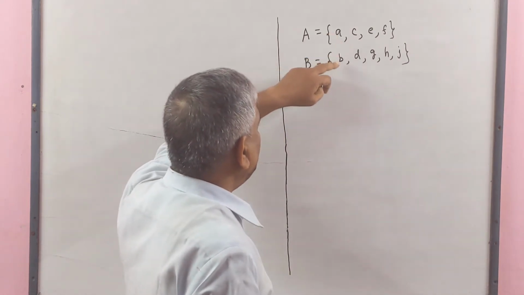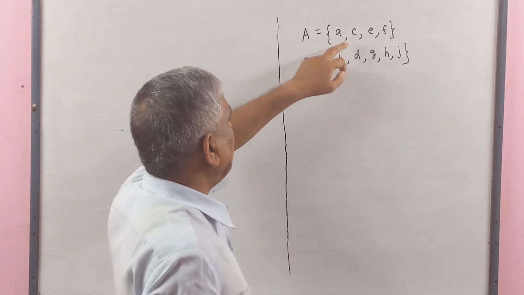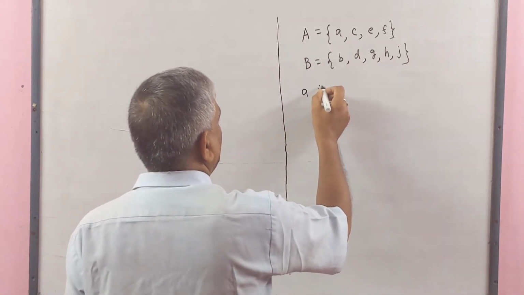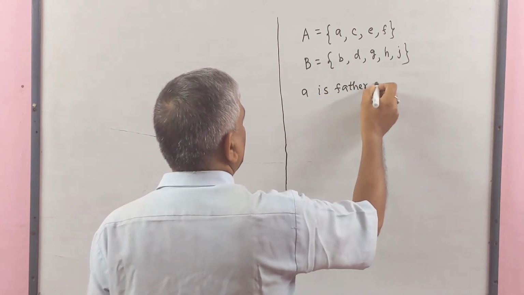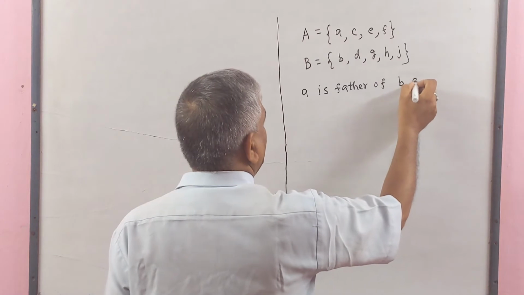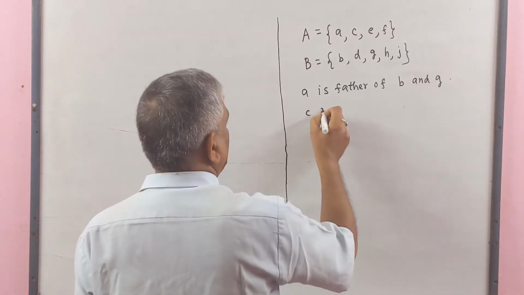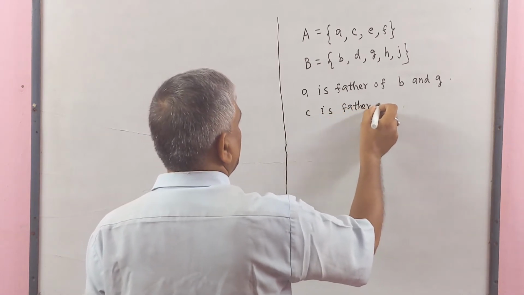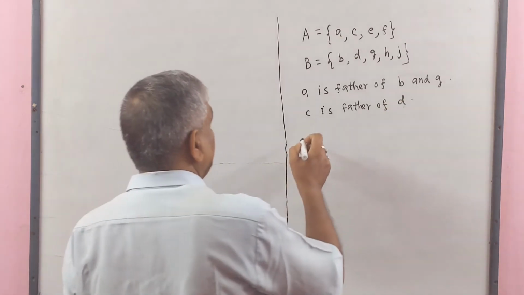A is father of B and A is also father of G. A is father of B and G. C is father of D. Let